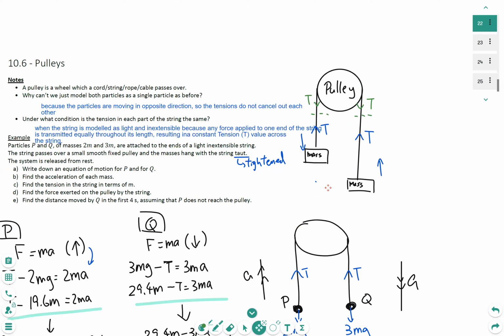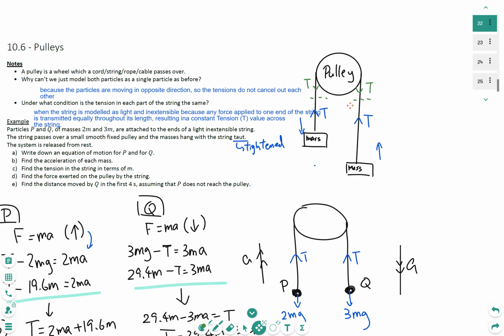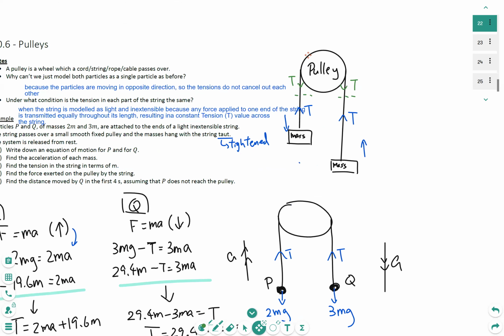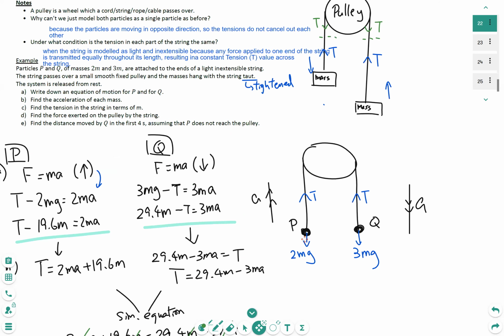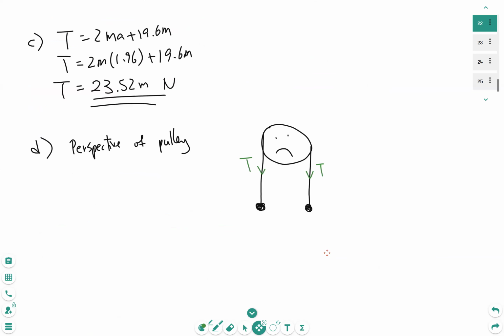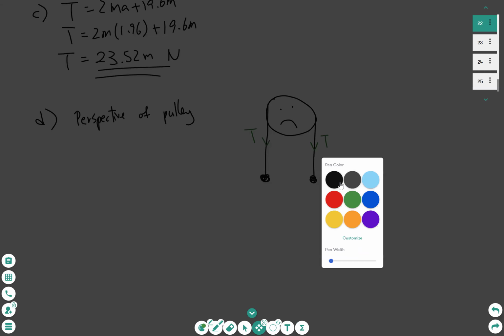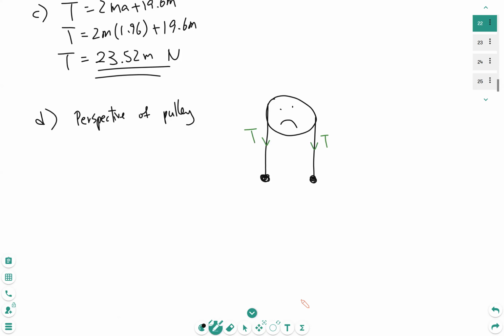Normally we don't write these two T's pointing downwards, because these two T's are mainly for the pulley, and we rarely look from the perspective of the pulley. Normally when we calculate the acceleration, tension, whatever, it's always from the perspective of the masses rather than the pulley. But in this question, the perspective is the pulley. So, force exerted on the pulley